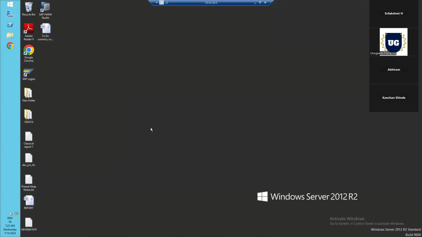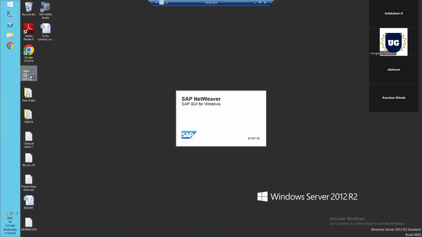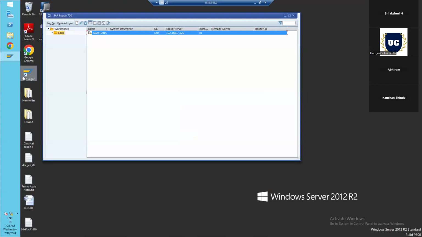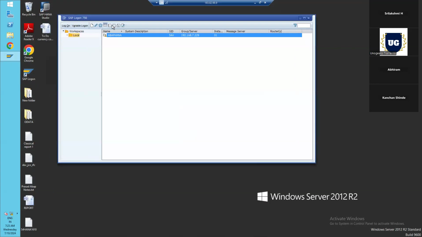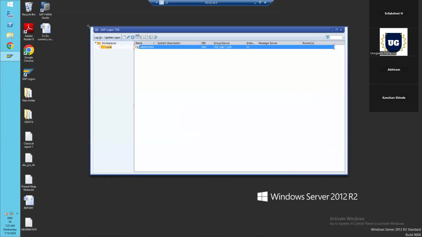Yeah. So we are on our virtual desktop and here you can see we have SAP logon. Here the symbol is of SAP logon. So on click of this, you can see